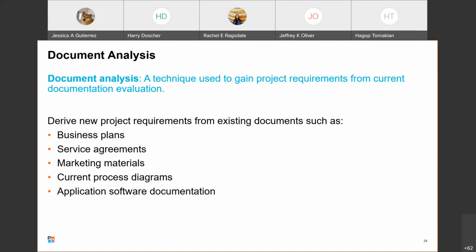Okay. Document analysis is a technique used to gain project requirements from current documentation evaluation. Especially if you're working a civil engineering project and it's the umpteenth time that your organization has done it, you should have some pretty robust documentation that you can take a look at and analyze, and make sure that your project would be able to use some of those techniques